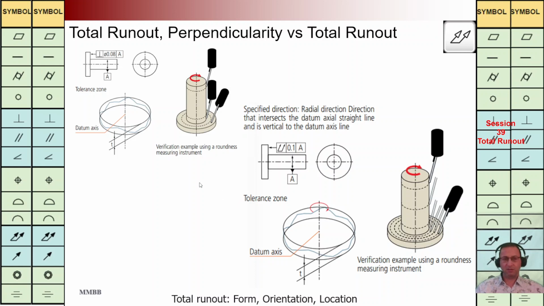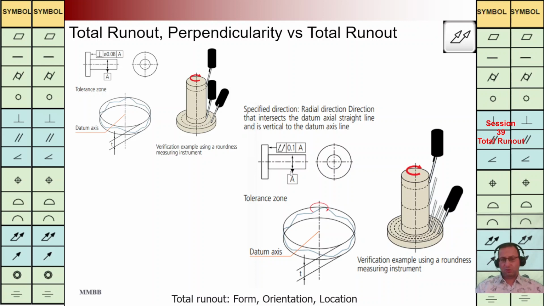Here in the last slide, I would like to compare perpendicularity with total runout. Perpendicularity, as we can see at top left, we are implementing for this surface, and Tz is 0.08 back to A. It means we are going to have two parallel surfaces perpendicular to A, and that surface should be in that interval. We are going to have the same meaning whenever we are going to use total runout,